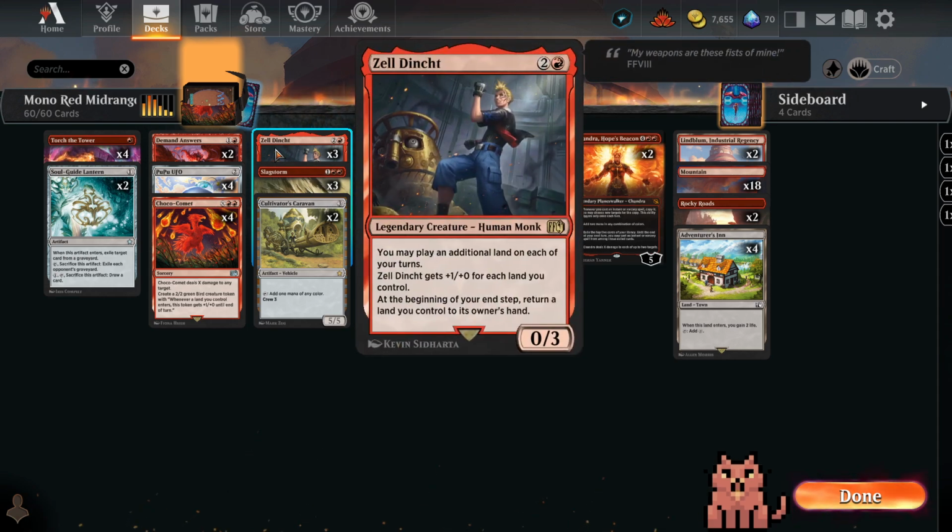More new cards, we have 3 Zell. It's a 3 mana, 0/3 legendary creature. You may play an additional land on each of your turns. So Zell gets +1/+0 for each land you control, which could be pretty significant in that mid game, huh? At the beginning of your end step, return a land you control to its owner's hand. So you're not actually getting significant ramp out of Zell as you're returning stuff back to your hand, but still